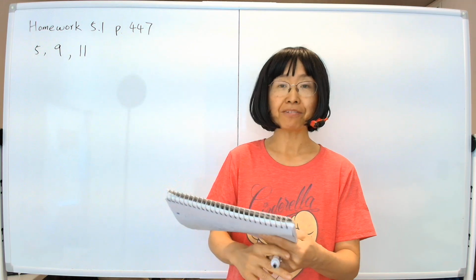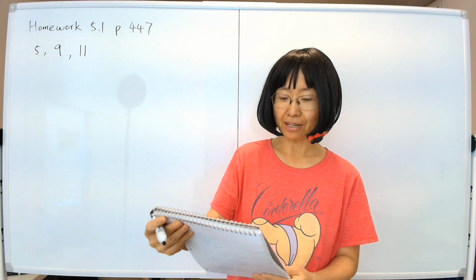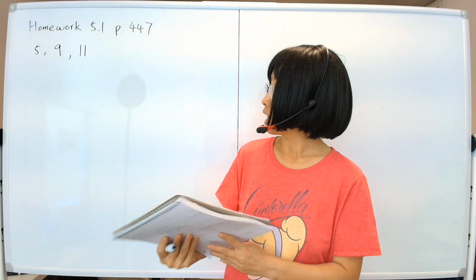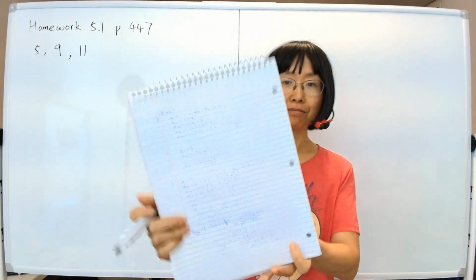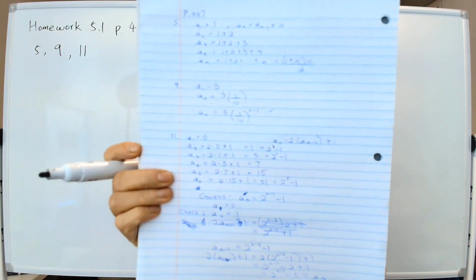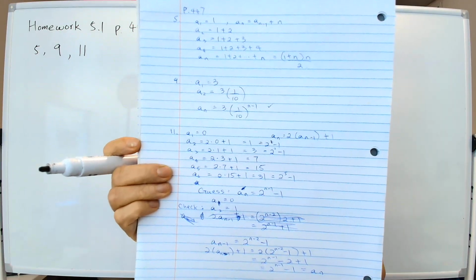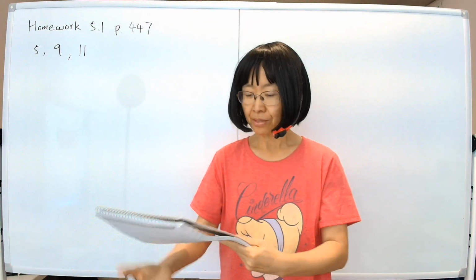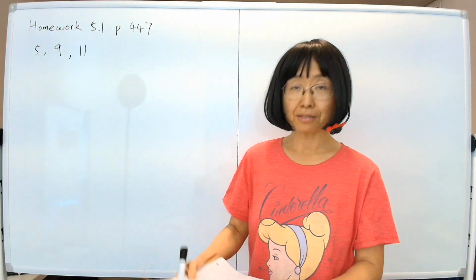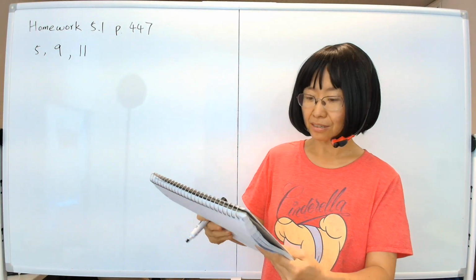Now that you're done with homework, let's start with talking about problem number 5. Problems 5 and 9 are fairly straightforward, so I will just show you how it's done. I'm sure you didn't have much trouble getting there. But problem 11, however, is more complicated because you have something that's defined recursively, and you're supposed to go find